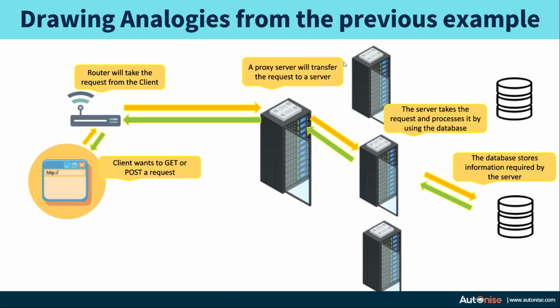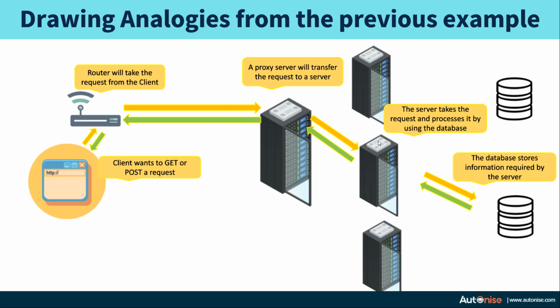Before the request is transferred to the servers who process the request, there will be a proxy server. The proxy server will take the request and have a look at which server is free. Or there can be some servers which are specialized to handle your particular request. So this proxy server will have a look at your request and then transfer it to the particular server which will then process your request. So your request is transferred to this server. This proxy server acts like the receptionist and this server acts like your chef.